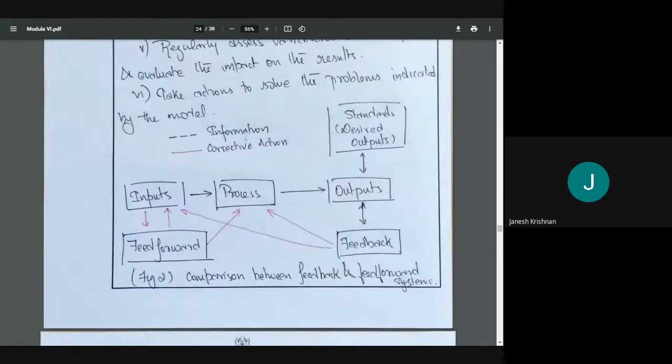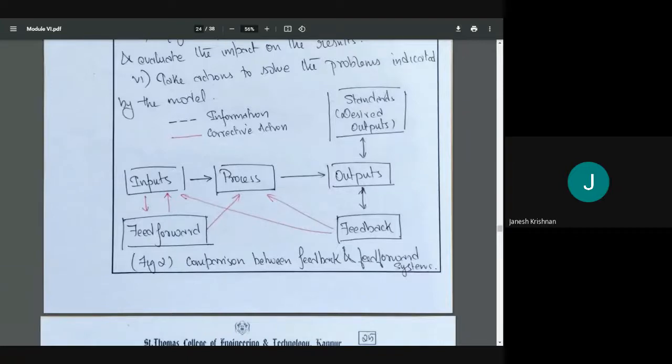Now, if you are asked to compare the feedback and feed forward systems, just write what the feed forward system is, and draw this block diagram. Right? So for any process, we say management is a system. We say management as a systems approach. We'll have an input, we'll have a transformation process, and we'll have an output. And there will be an external environment. So we have given an input, a transformation process has occurred, and we got an output.